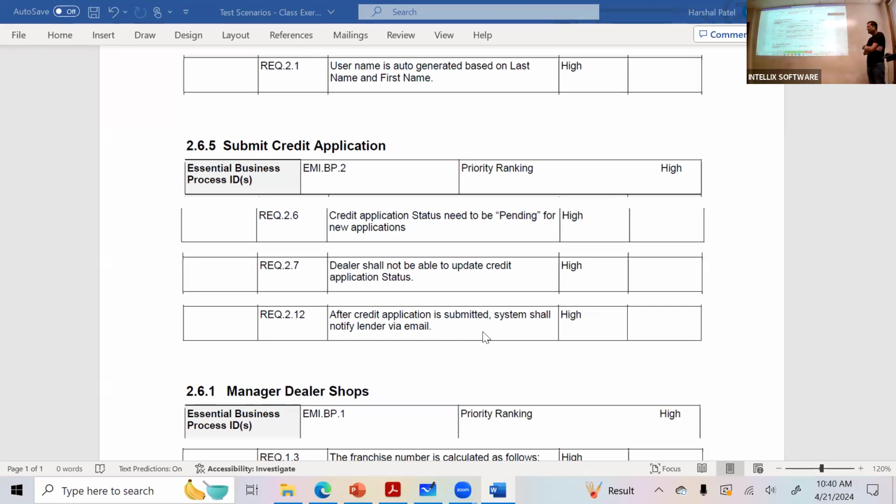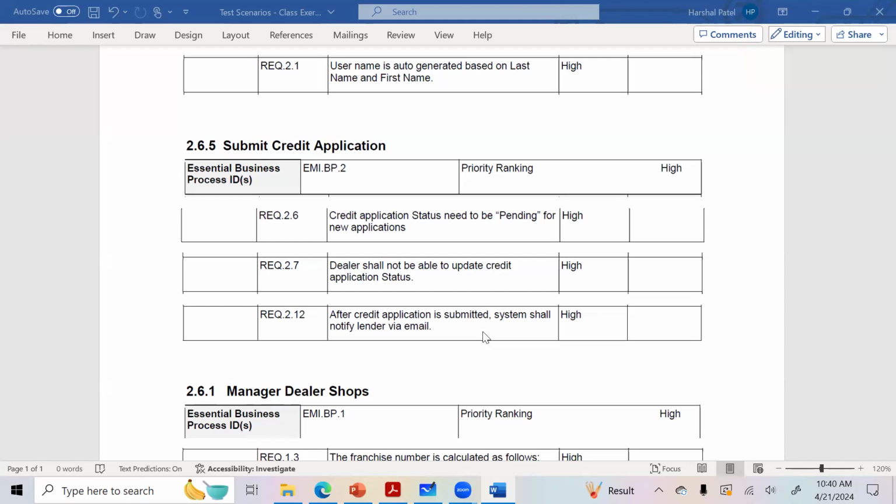Now, what is important here? You can go to the email, but what's important is the lender's email, having the right user and password. You need to have credentials for the lender's email, and only then can you check it.